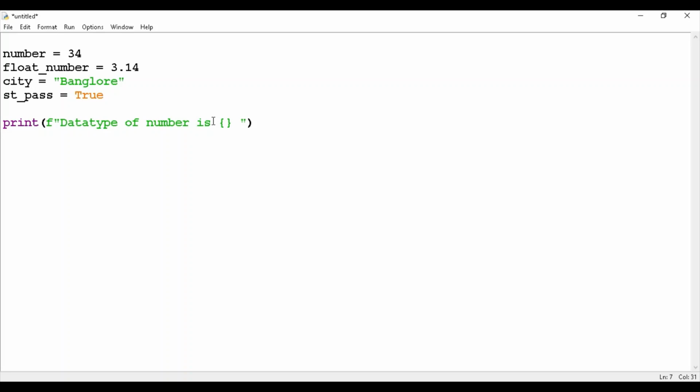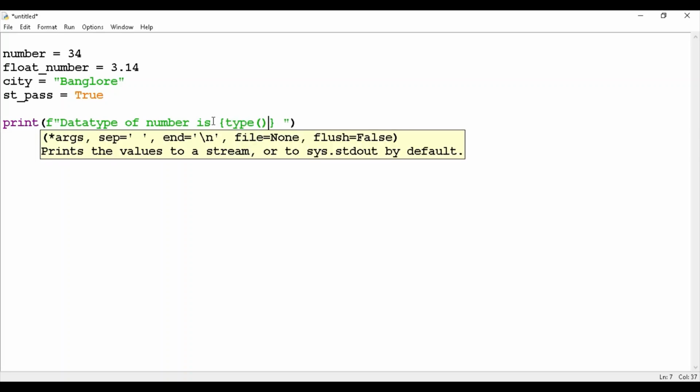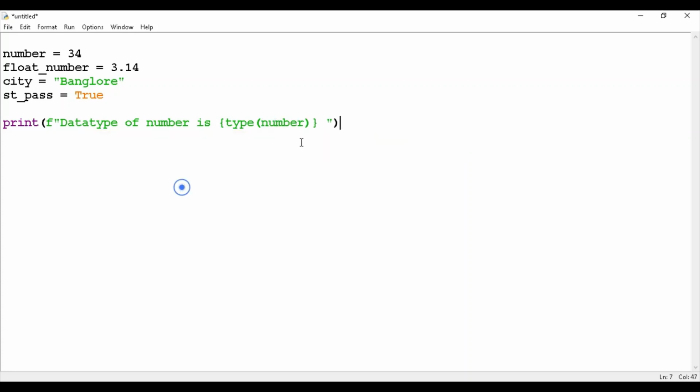So we know that in f-string we can evaluate functions also. Type number. In the same way we will take for the remaining data types.